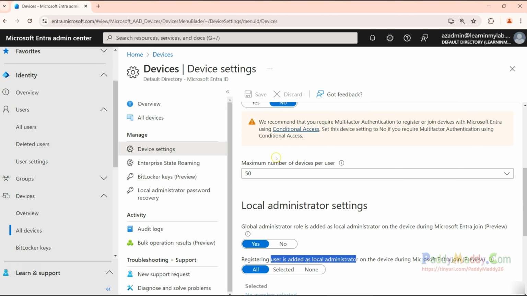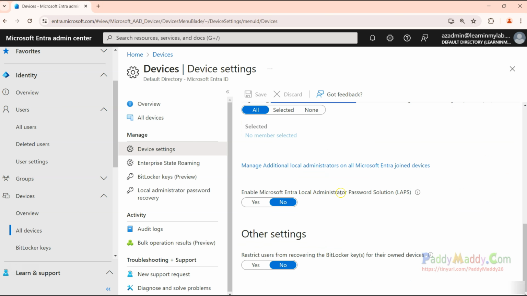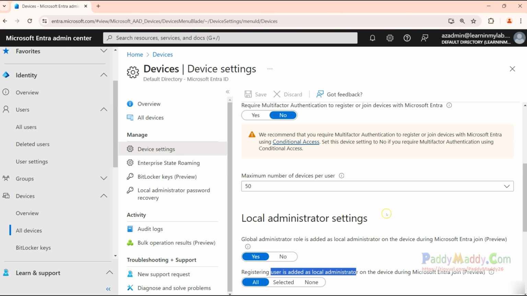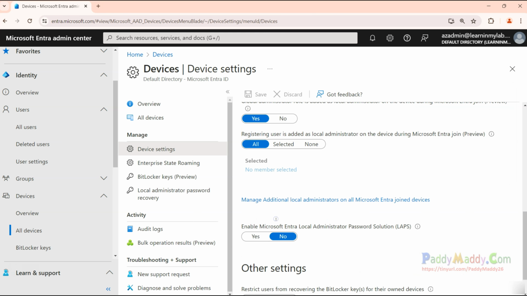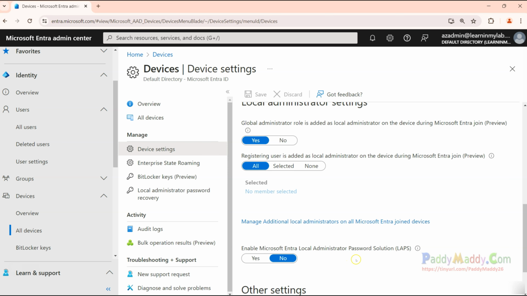And the number of devices that a user can register or join would be a total of 50. So in this case, Chris can join up to 50 devices. That's a huge number, so you might have to look into the realistic number that you want to configure as part of your design. Also, you have an option with the LAPS, that's a Local Administrator Password Solution, that's a